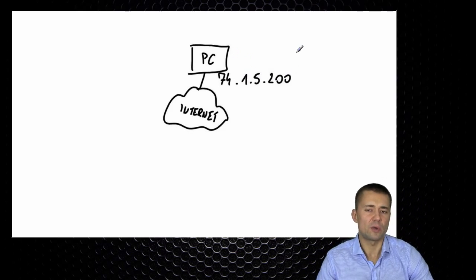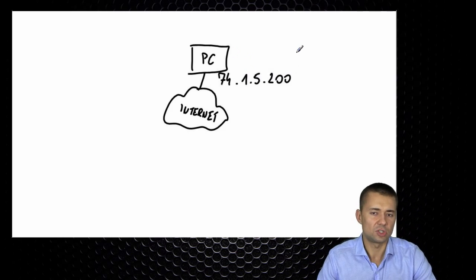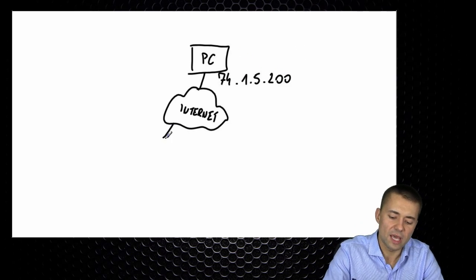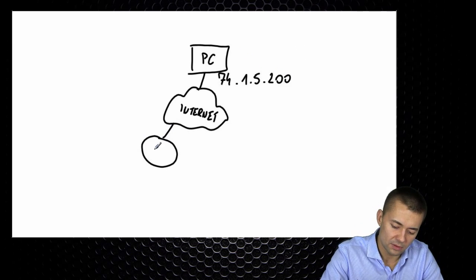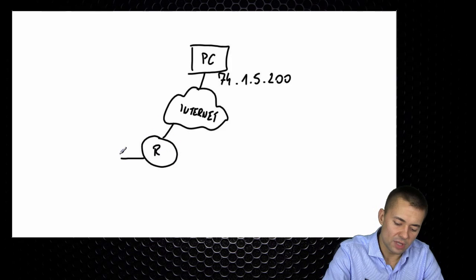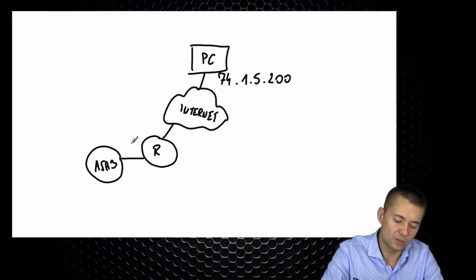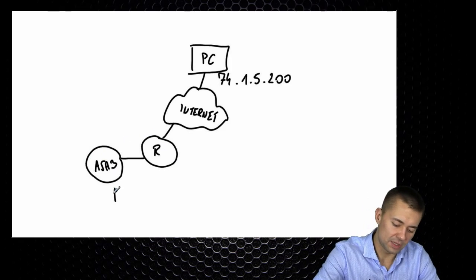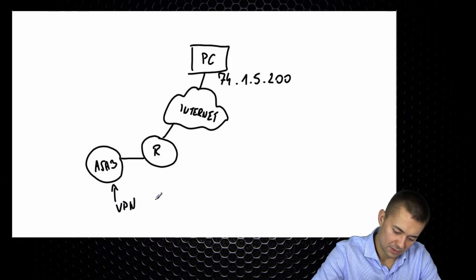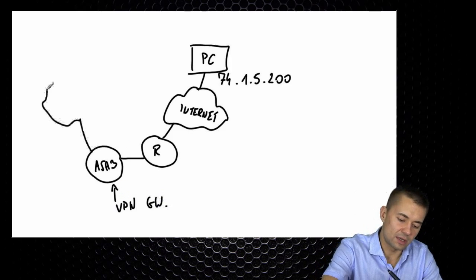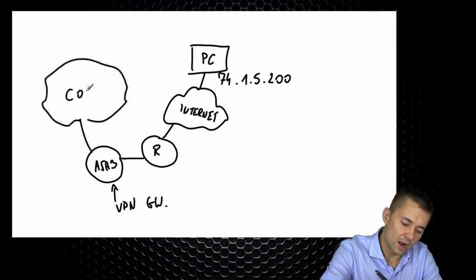I will be using a software VPN client installed on this PC. The internet is connected indirectly. We will have a router in between. It is connected to the ASA, and this device will obviously terminate the session. And the ASA is connected to the corporate cloud